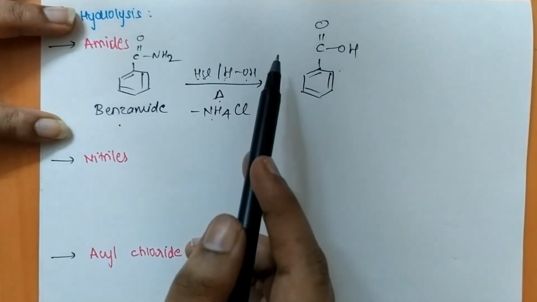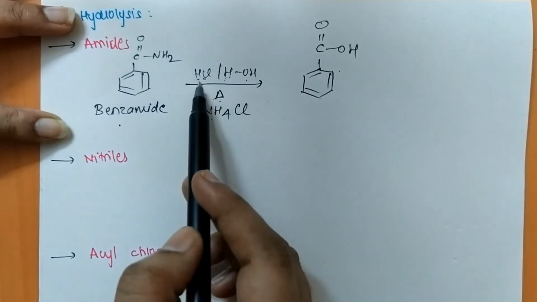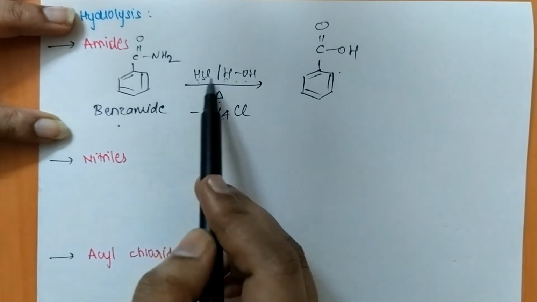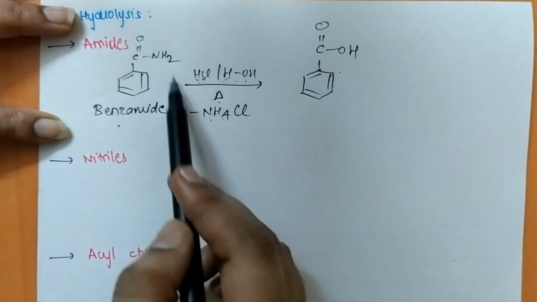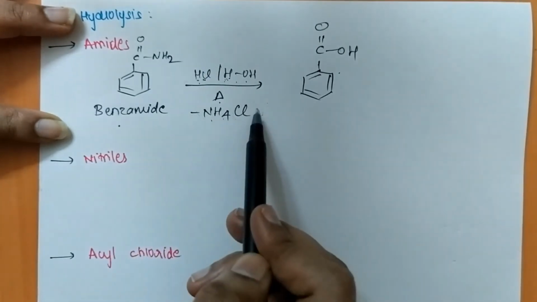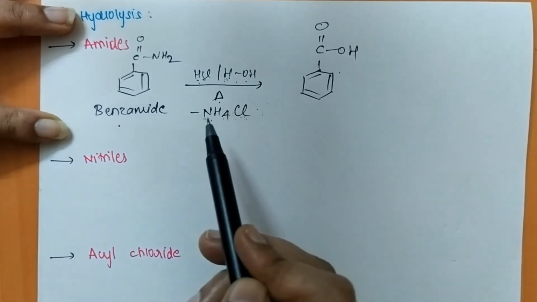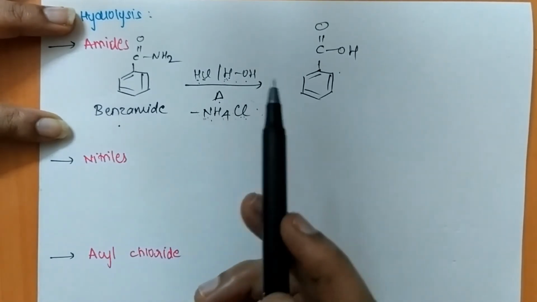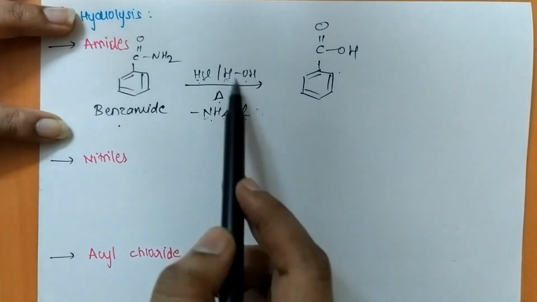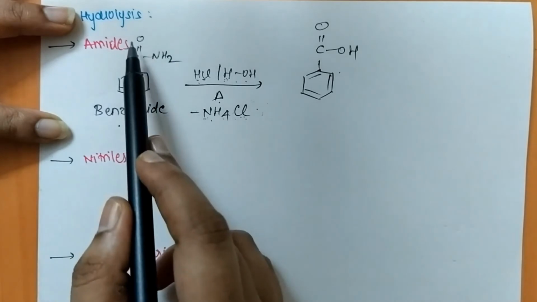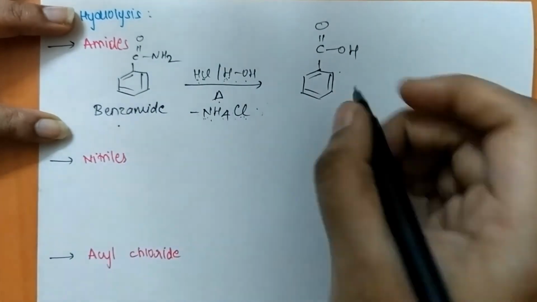Exactly what is happening is that the hydrogen atoms of the HCl and the water are going to combine with NH2 to give NH4, and the Cl atom present in the HCl will combine with this NH4, which ultimately will lead to the formation of NH4Cl, that is ammonium chloride. And ultimately we are only left with OH, and therefore this OH is going to combine with the carbonyl group, and ultimately it is going to give us benzoic acid.